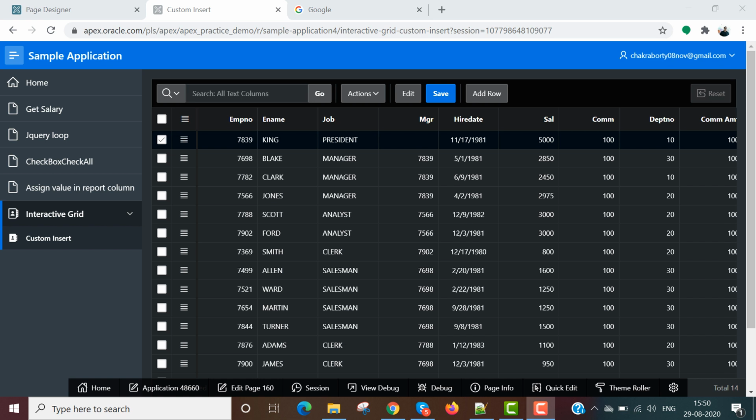So if you want to remove that process and create our own process, then how can we do that? How can we insert, update or delete through that table? So why do we need our custom process? I am telling you a scenario.